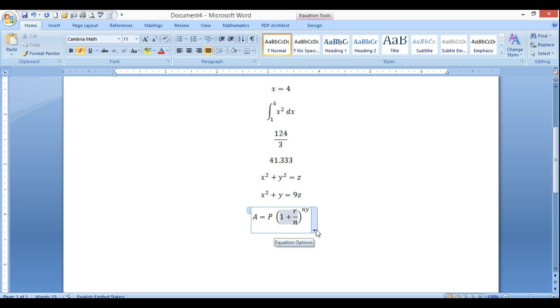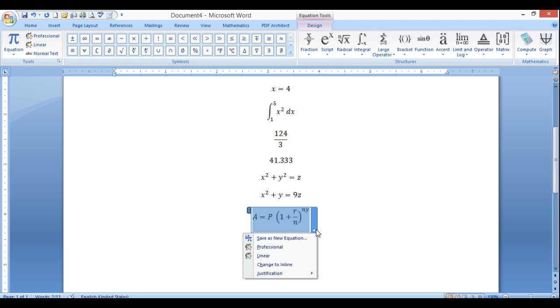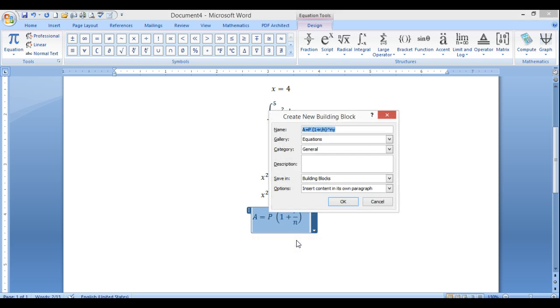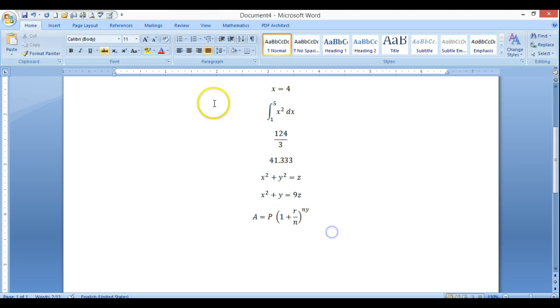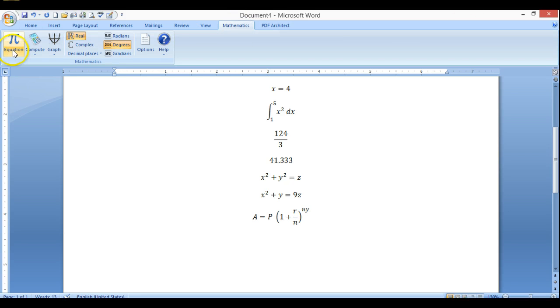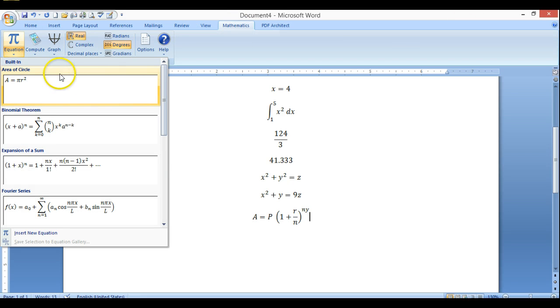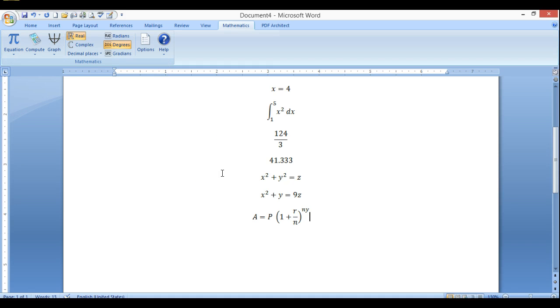Okay, so right here we have different equation options, and we can save this. And right now it's really convenient. You can save it and then you never have to type it in again. When you come back into here, it'll show up as one of your built-in functions because you put it in there. And that's really convenient as well, so you don't have to type it in every time. Also, another